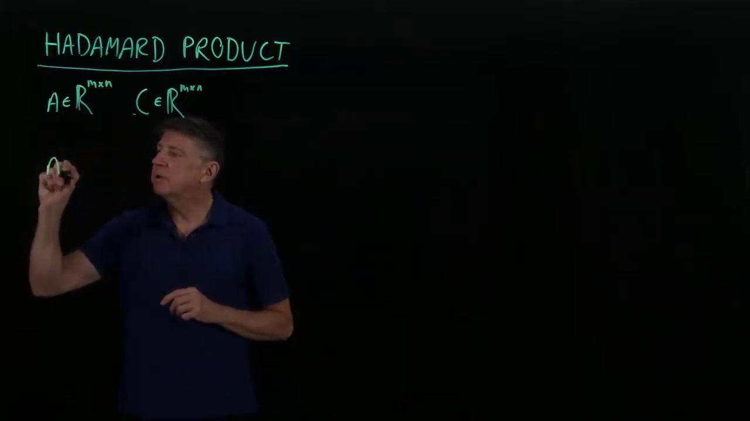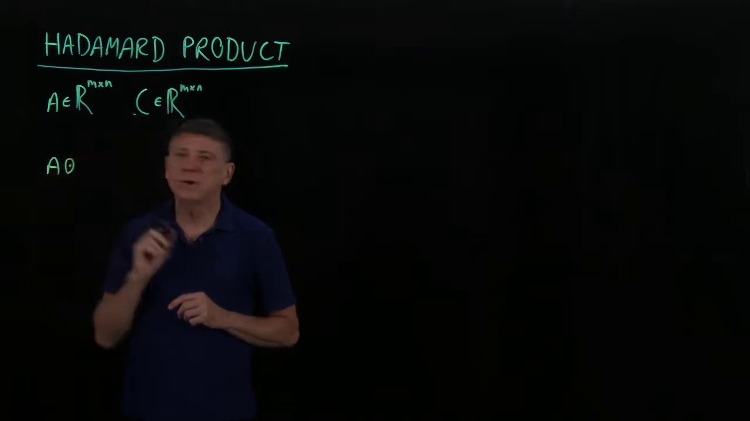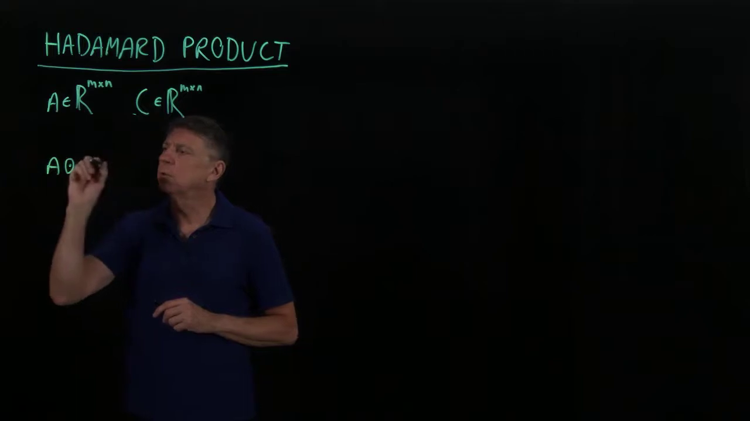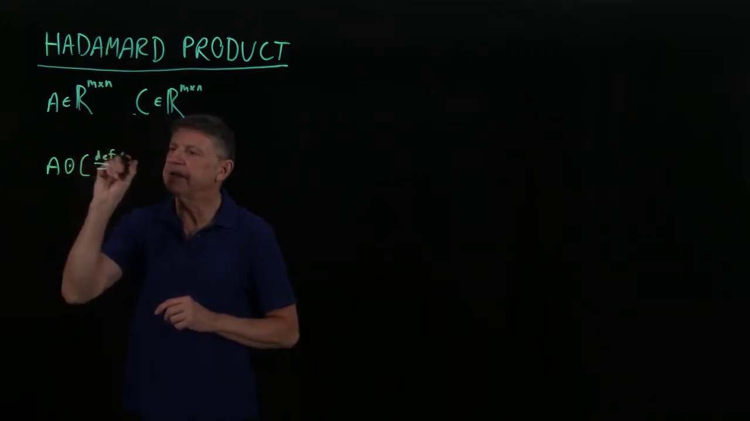We write the Hadamard product in various ways. One of the most common ways is a circle with a dot in it. Sometimes it's just the circle. We'll always put the dot. And what we'll say is that it equals, by definition,